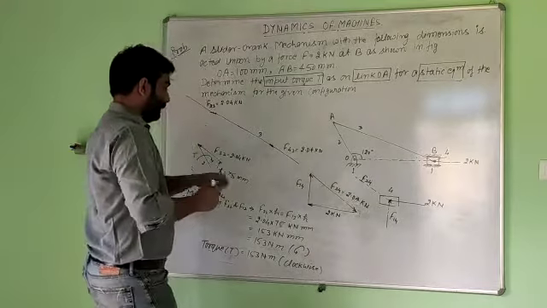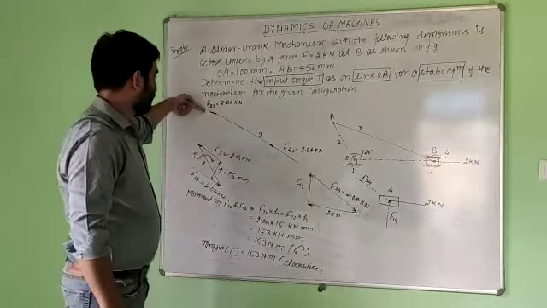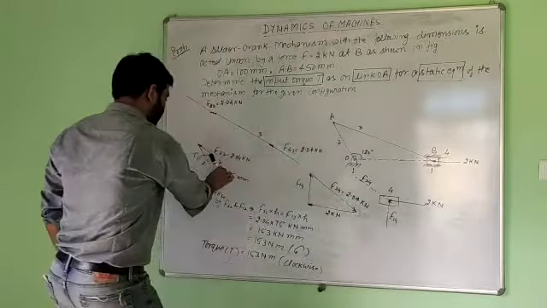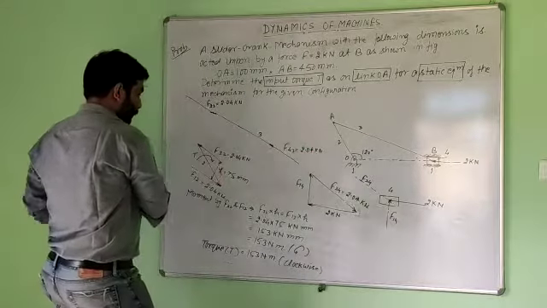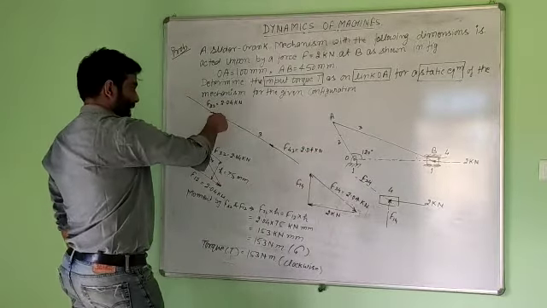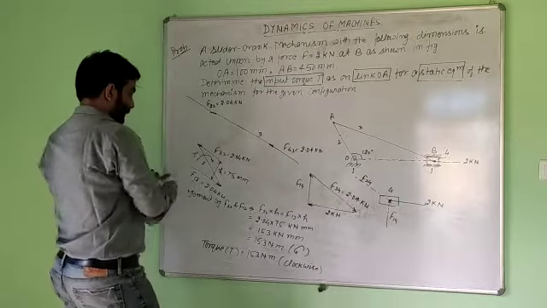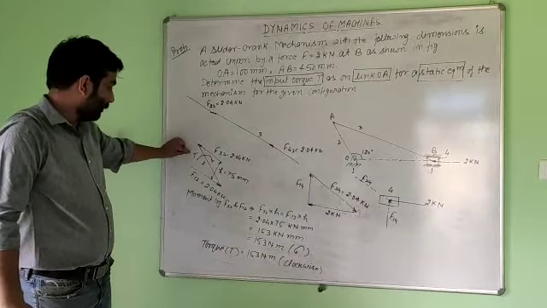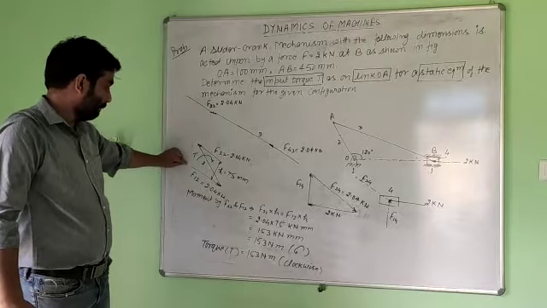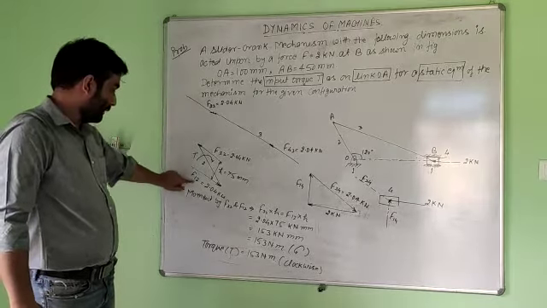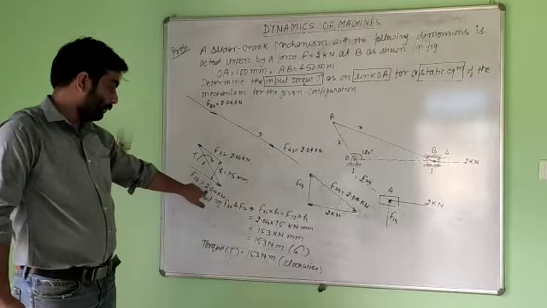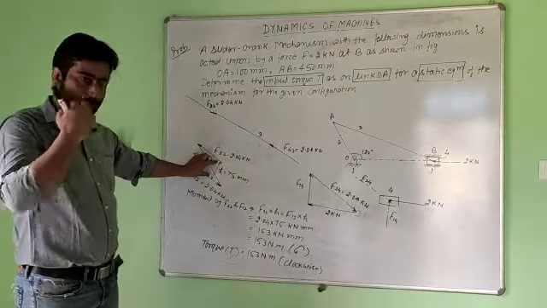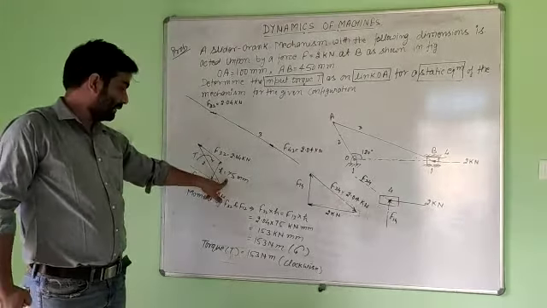Now for member 3, F23 is acting here, then F32 will act here in this direction. The member is in equilibrium by two forces and a torque. So we will draw a force parallel to this one, F32, equal in magnitude and opposite in direction. Then F12 will be equal to 2.04. Then we will calculate the perpendicular distance between these two parallel forces. From the configuration diagram, this is coming 75 mm.